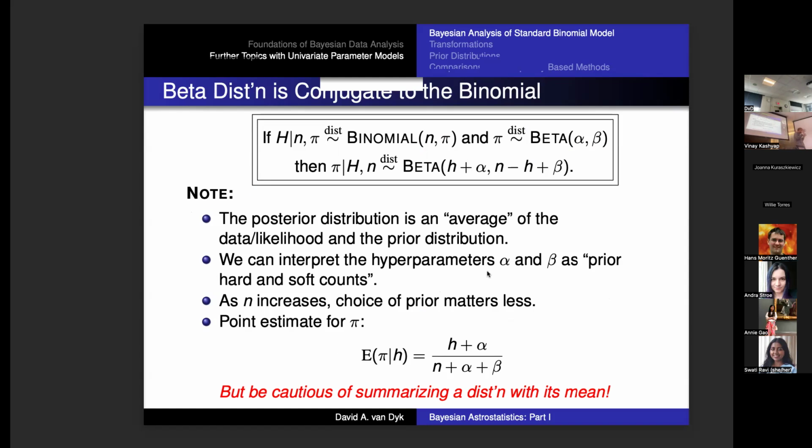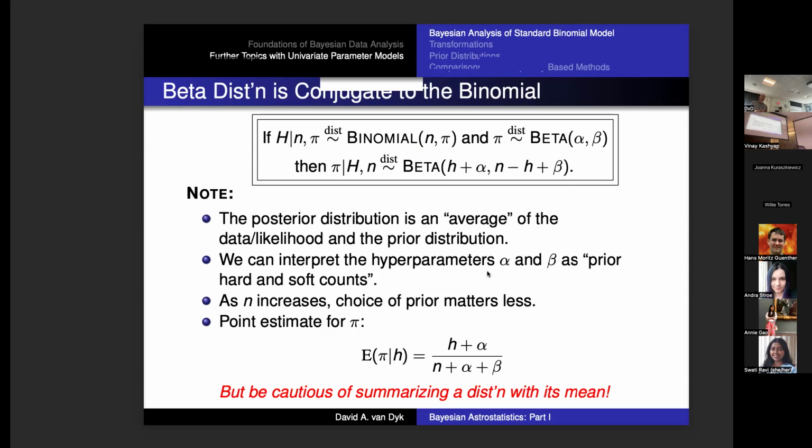And again, if you were just looking at the data, what would you do? Well, you would take the number of hard counts divided by the number of counts, just that part. And what the Bayesian distribution does is it adds alpha, that hyperparameter, to the number of hard counts, and alpha plus beta to the total number of counts. So the prior has as much information as an additional alpha plus beta counts, of which alpha are hard counts. So again, if you're looking at a previous data set, you can quantify clearly what prior distribution you want based on a previous data set.